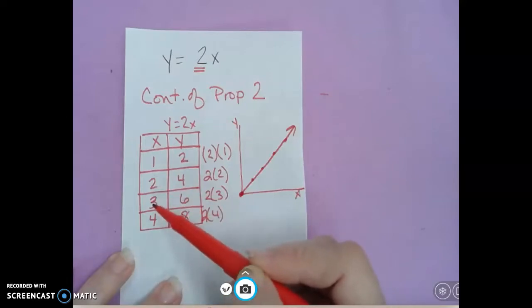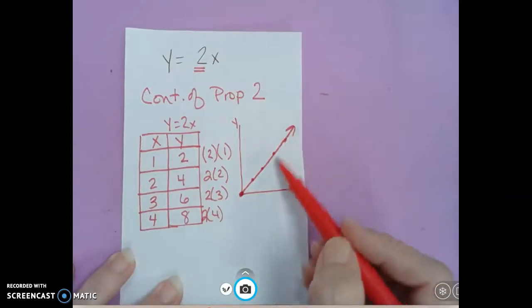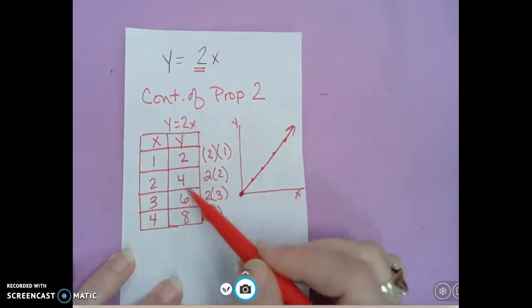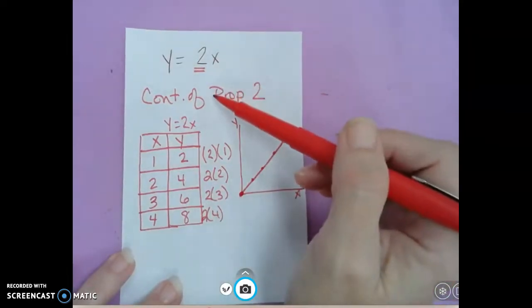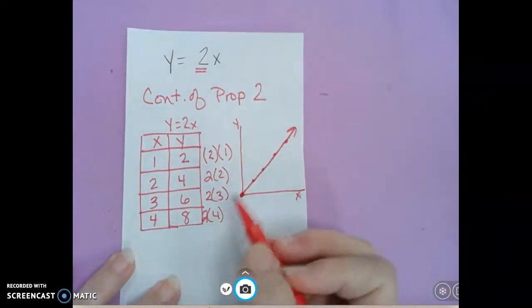That lets us know also if it's proportional. Or you can draw your graph, and if it goes through 0, 0, and it's a straight line, then it's also going to be proportional. Okay? So now we've got our table, we've got our graph, we've got our equation, we've got our constant of proportionality, and if we wanted to make a scenario out of that, we could say